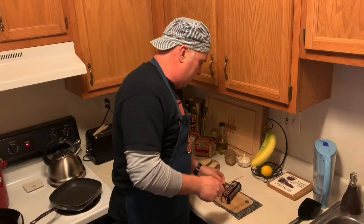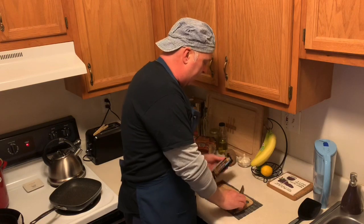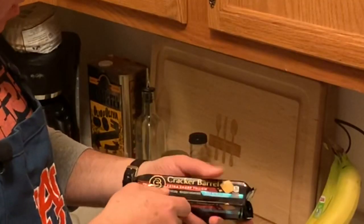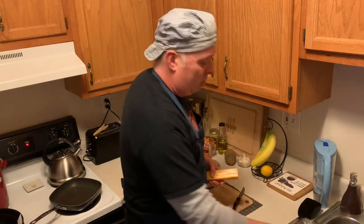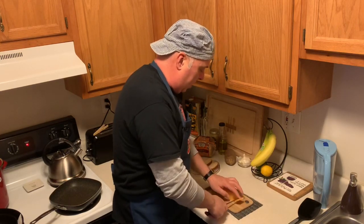I think that it's just one of those things that everybody should be able to make, and it's so easy to do. So we're going to start off with, this is my favorite. You get whatever cheese that you like, if you just like sliced American or sliced cheddar, whatever. I like this Cracker Barrel. It's the 2%, so it's not full fat, and you really can't tell the difference, and it melts just fine. So those two things are a pretty good qualifier if you can cut out a little bit of fat